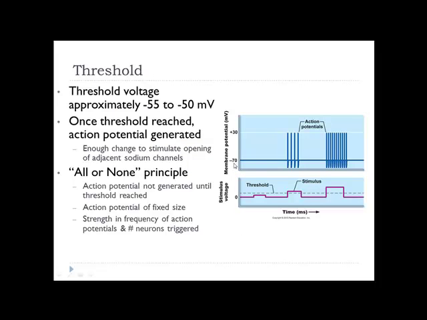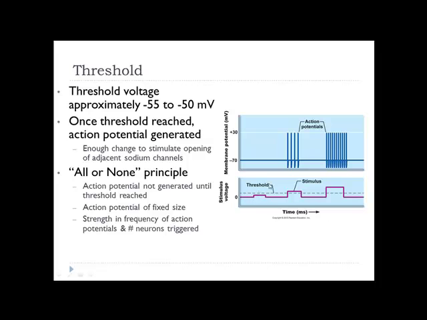Okay, so your threshold. With our axons and our nerves, we have our all or nothing. So here's our threshold. If you hit threshold, you're going to get an action potential. If you don't hit threshold, you don't get an action potential. Kind of like if I roll a marble up the side of an inclined plane or a ramp. If I get to the top of it and I don't pass it, the marble just rolls back down. If I go too far, it falls off the cliff, and it falls a set distance. That would be my action potential. If I push it super hard off the inclined plane, it'll still fall the same distance.